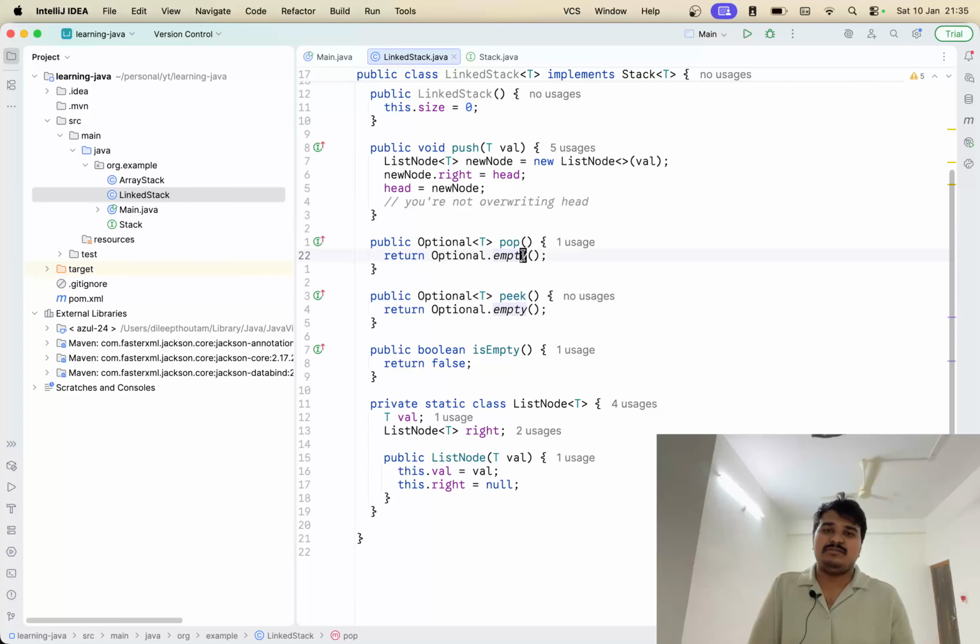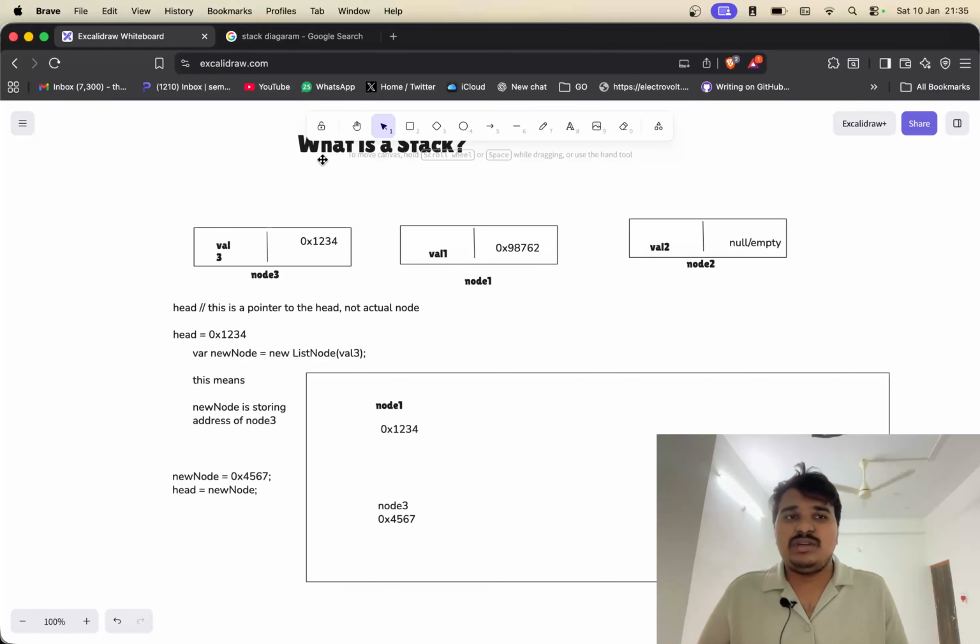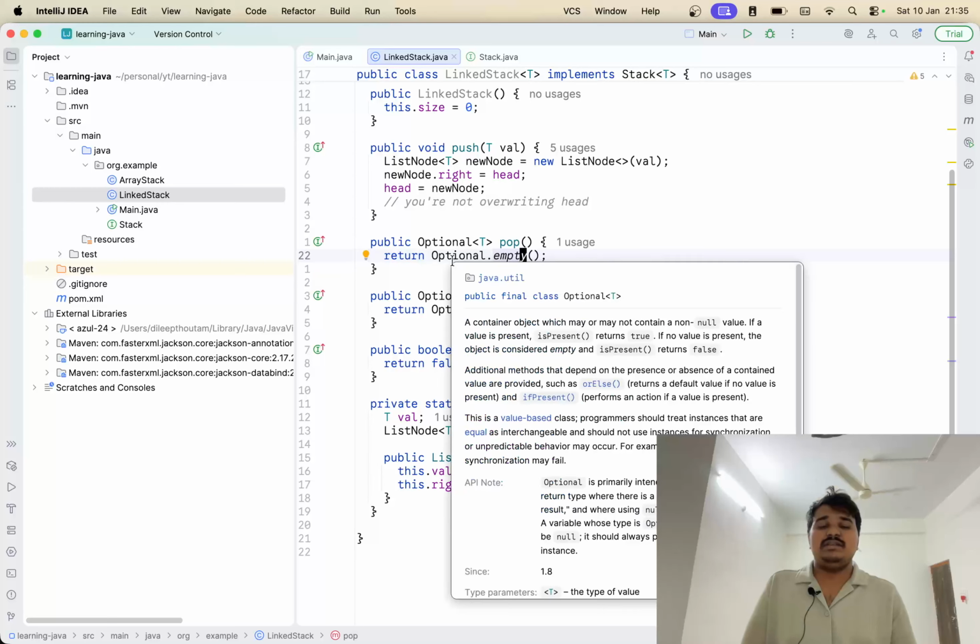Okay, popping. Popping works the same, by the way. So you will store this value somewhere so that you can return it to the caller. You can store this node value. You can either return the node or the value present in the node. Okay, what we are gonna do is,